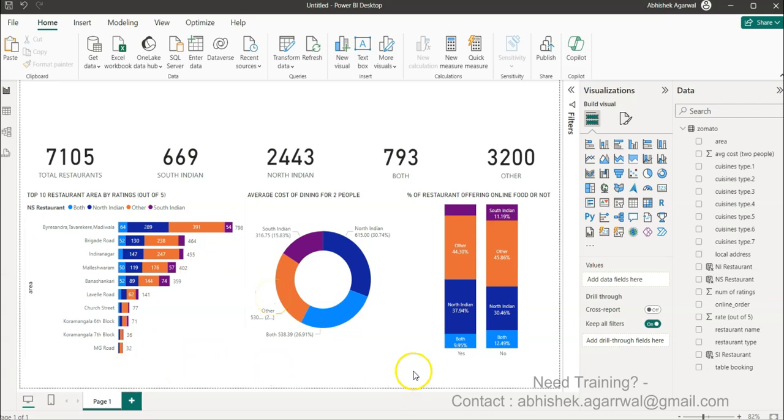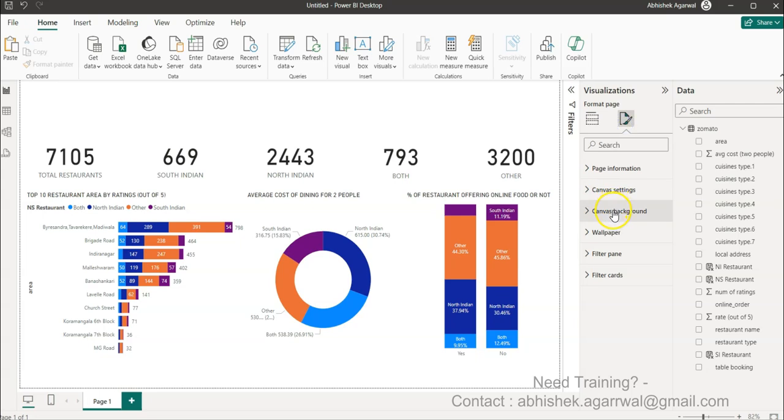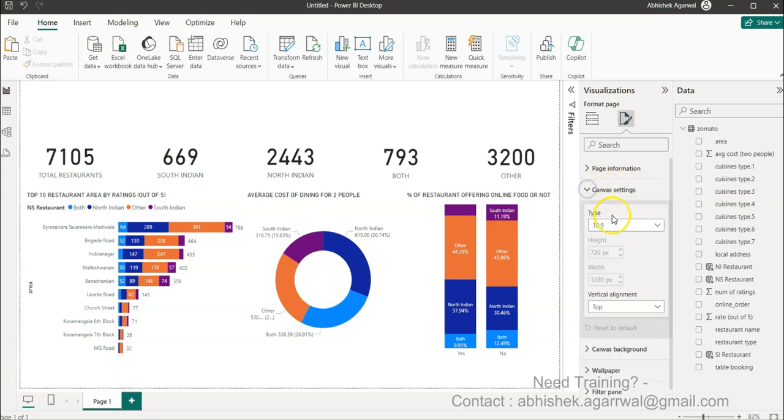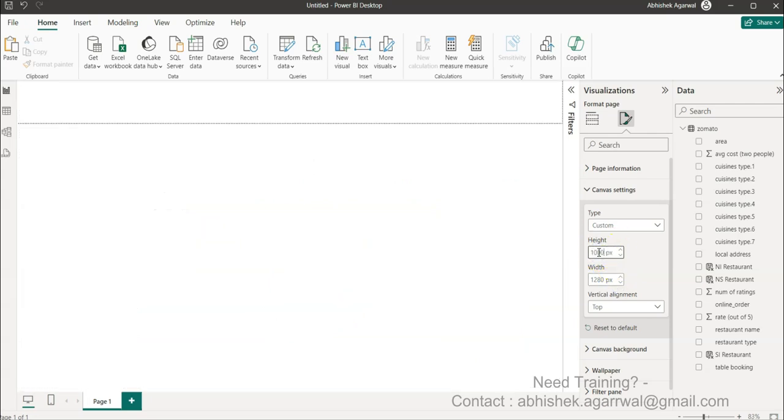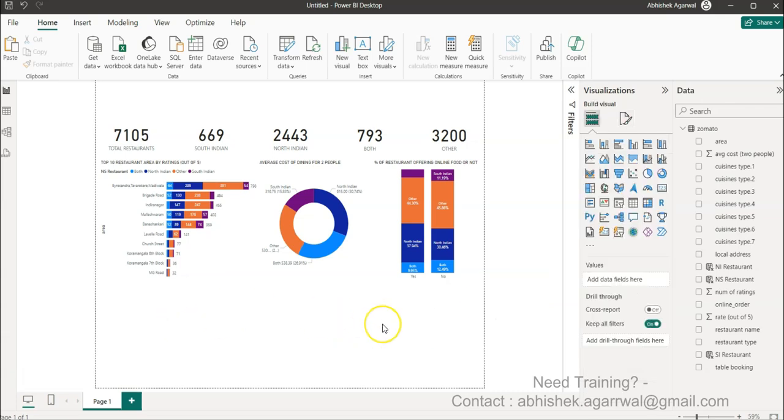Now I don't have space, so what I will do is make sure I'm clicking on the blank screen somewhere, going over here to the canvas settings. In the canvas settings, from 16:9 I'm choosing custom. In the custom I'll just give it 1000, right? Now I have space. So don't worry, never feel afraid if you are not having the space. Okay, so once we have this information, then what I want to do is create